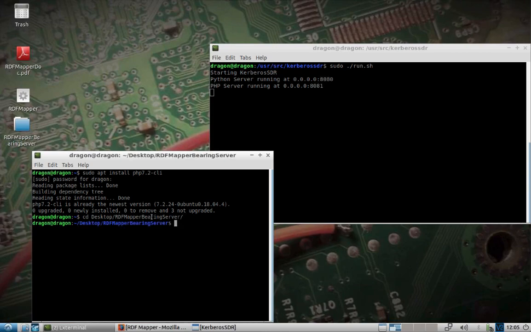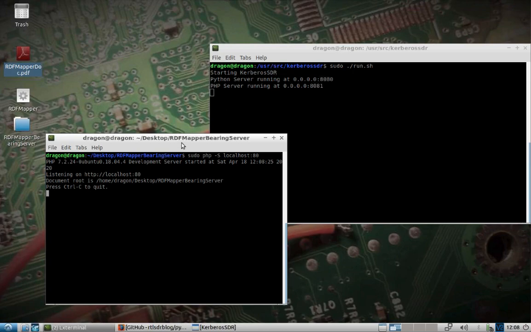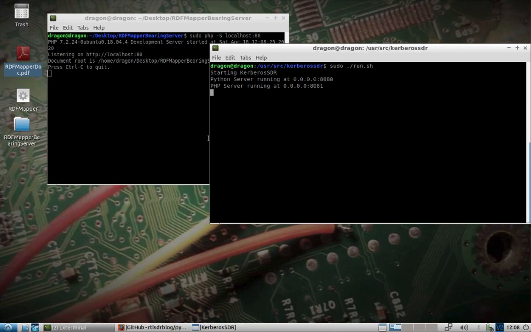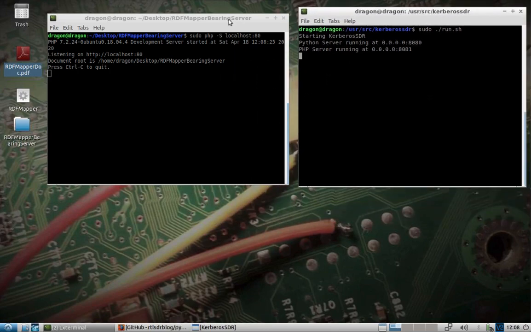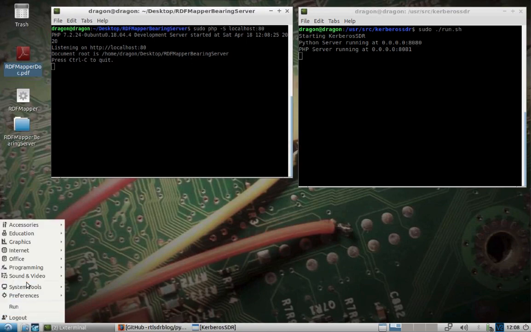And then what we want to do is run sudo php -S localhost:80. That's going to run the RDF Mapper bearing server, the actual server portion of it. We'll move that out of the way for a second. So we've still got our KerberosSDR software running over here. We've got the bearing server running. Now we need to